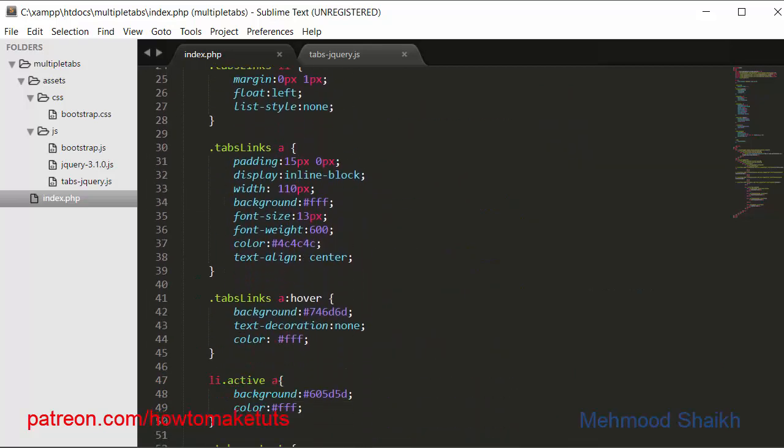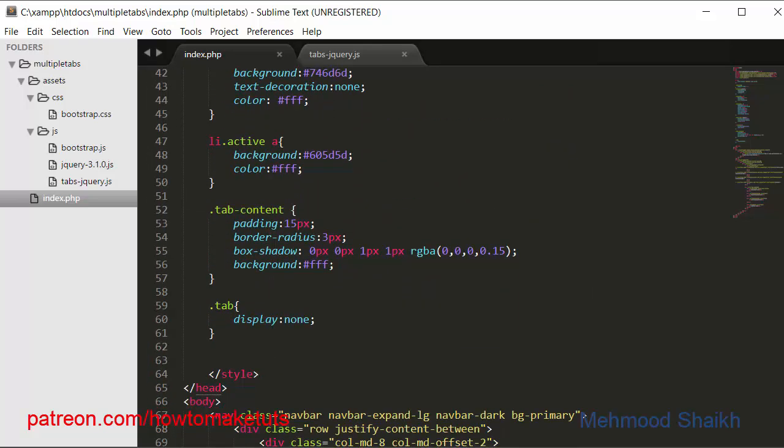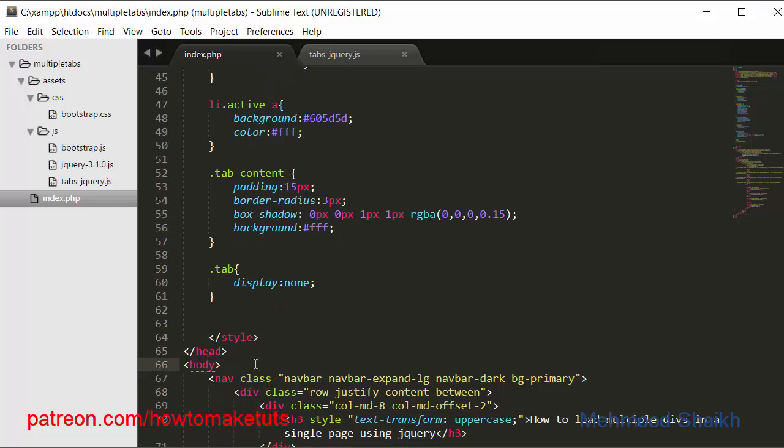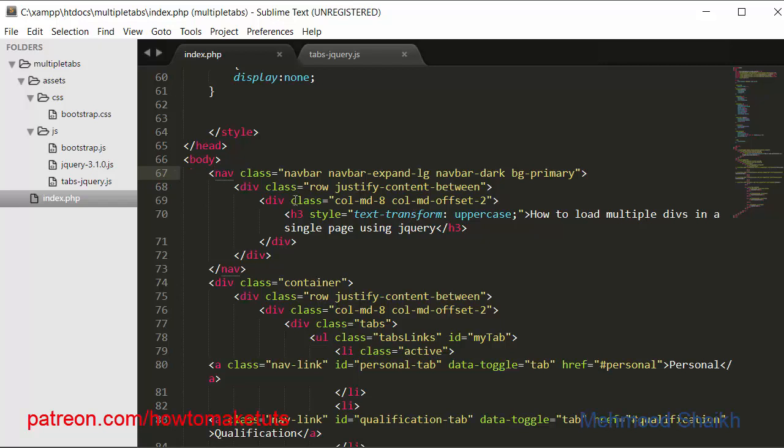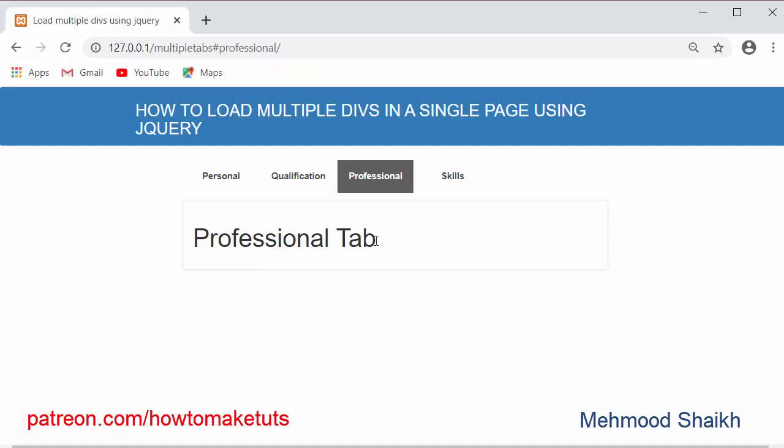Next is the body tag. Inside the body tag I have taken a navigation menu, and inside that navigation menu I have aligned the content in the middle with a class of row. Bootstrap is a 12 column grid, so I have taken only 8 columns.